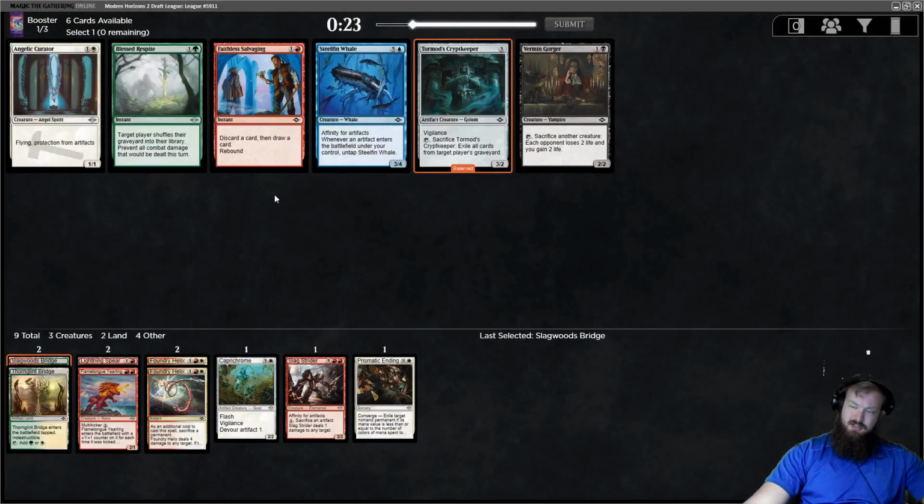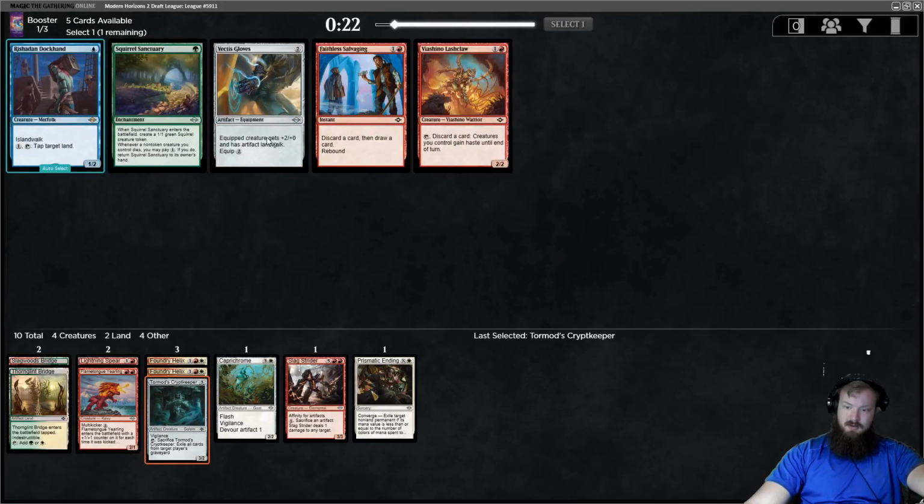We could take Angelic Curator, Faithless Salvaging, or Tormod's Crypt Keeper. I think I'm going to take the Crypt Keeper. It's an artifact creature. If we do get a bunch of modular creatures, it's Grave Hate, which basically wins against the Reanimator deck. Let's see, 4 creatures, 2 lands, 4 other...